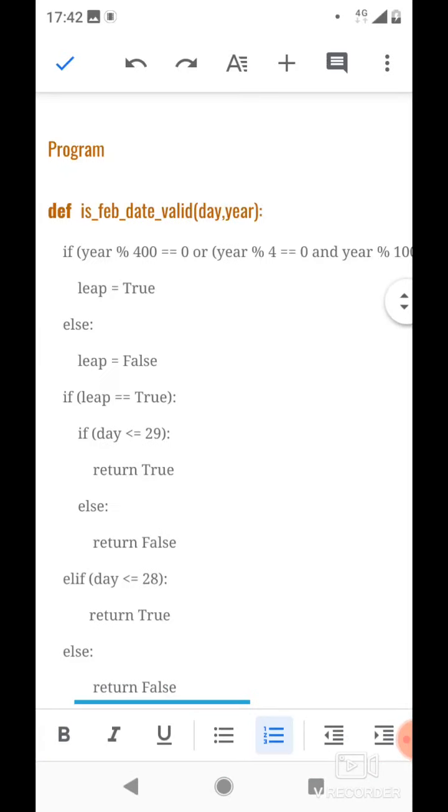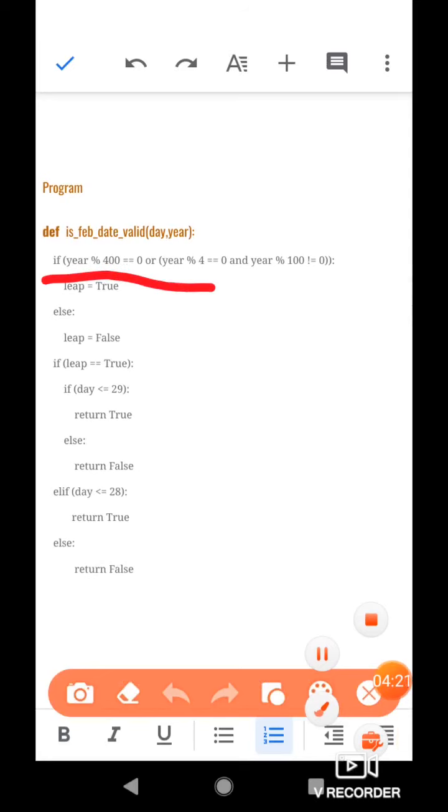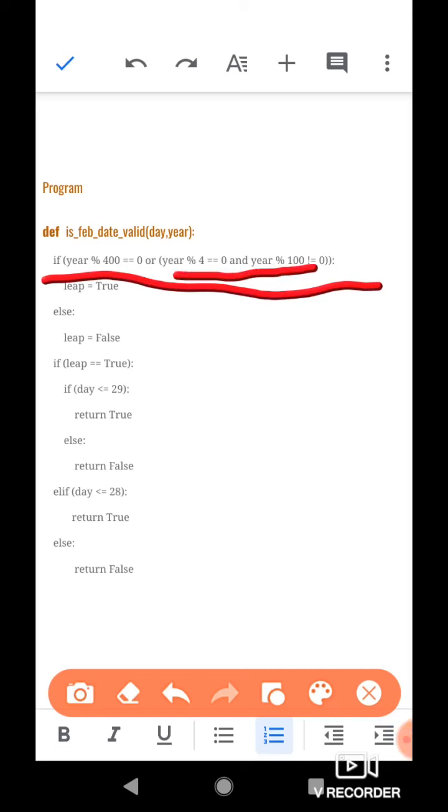See, first of all we look at this condition. The first statement is an if statement, and it has this long condition. This condition of the if statement is a combination of two sub conditions. The first sub condition is this, the second one is this, and these two sub conditions are combined using the OR logical operator.